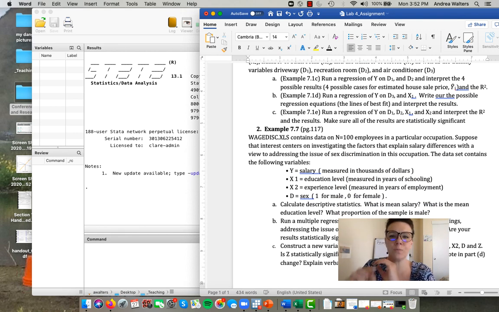So we're going to go through and calculate the descriptive statistics and talk about the mean of these values. We're going to run a regression using the variables available and talk a little bit about our findings. And then we're going to construct a new variable, an interaction term that combines the dummy variable of sex with the quantitative variable of experience level measured in years of employment,